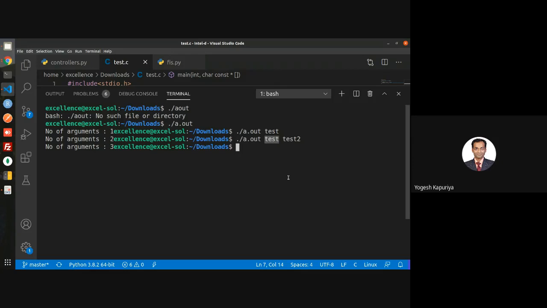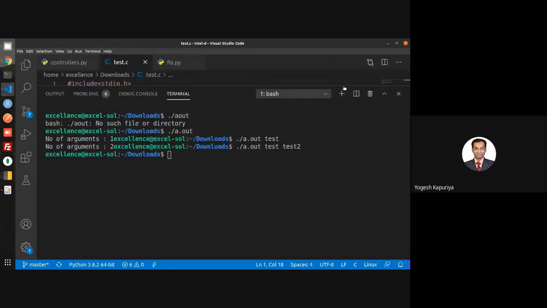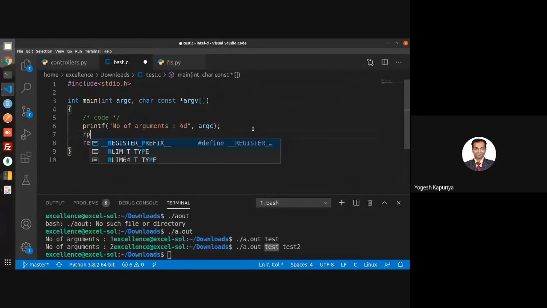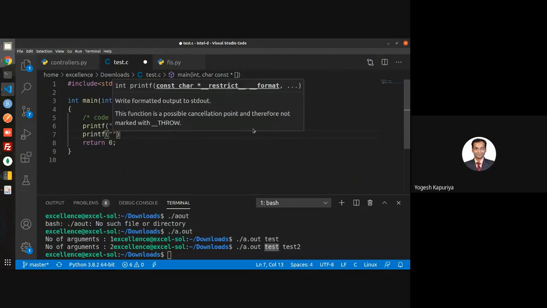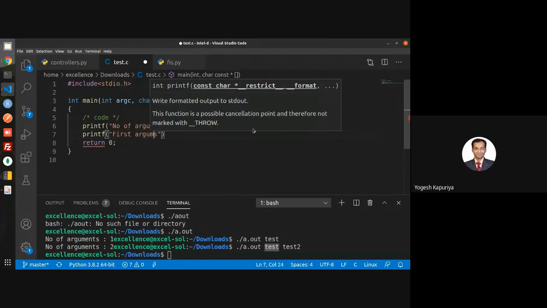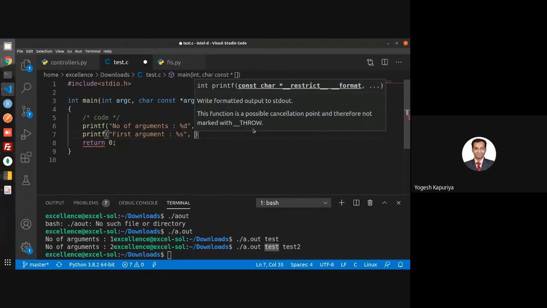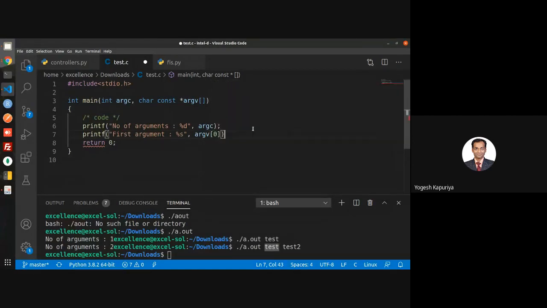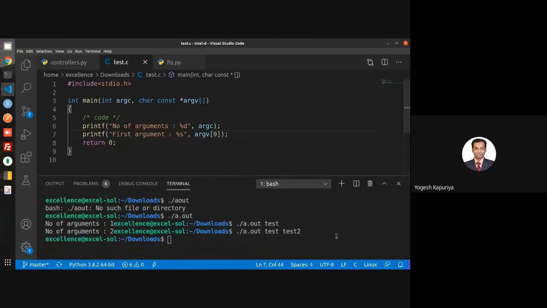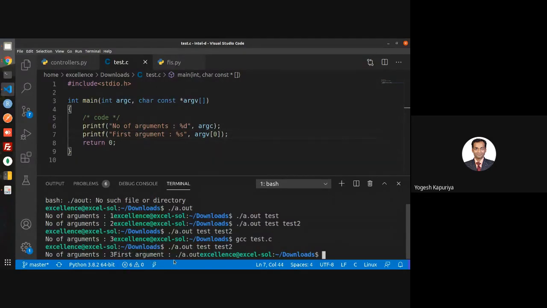And now this is test. So let us see what arguments I am passing. Because it's a string. See this.